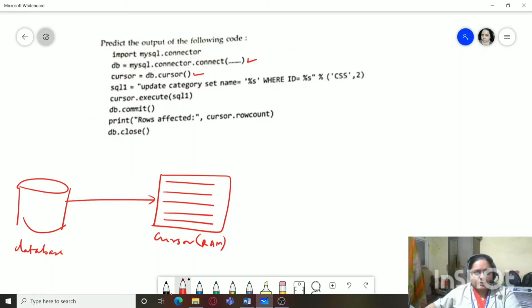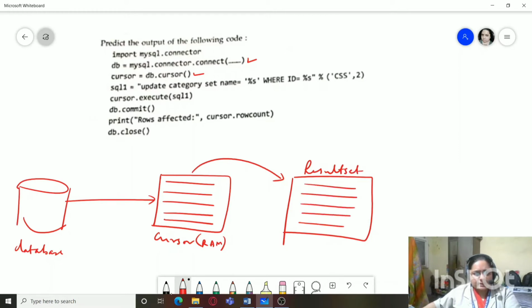And from here, whenever we are trying to fetch anything, we will extract records out of the cursor and keep it in a result set. This result set can be used by Python for processing the statements or making any changes.